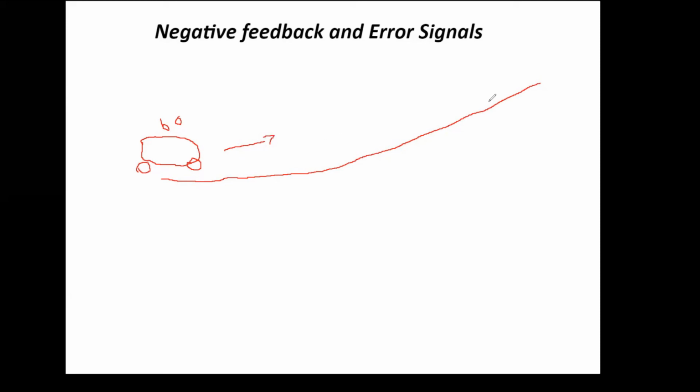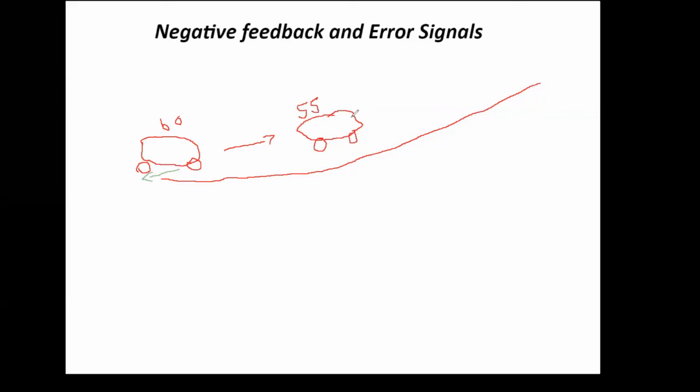So now that my car is trying to go uphill, I have a new problem, right? Which is that gravity is going to pull me back down the hill. So in order to keep going, I'm going to need to make some changes. I can't keep using that same amount of gas going up the hill, because as I hit the hill, I'm going to slow down because I'm just giving it the same amount of gas, but now we have this force pulling me backwards. So it's going to pull my speed down.